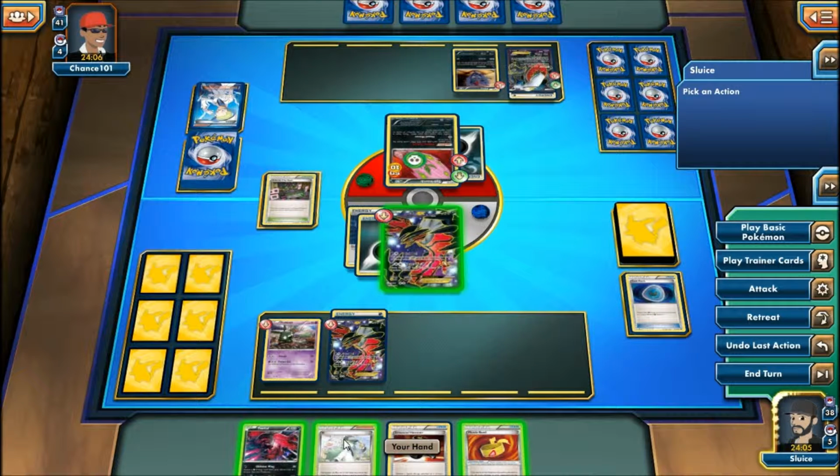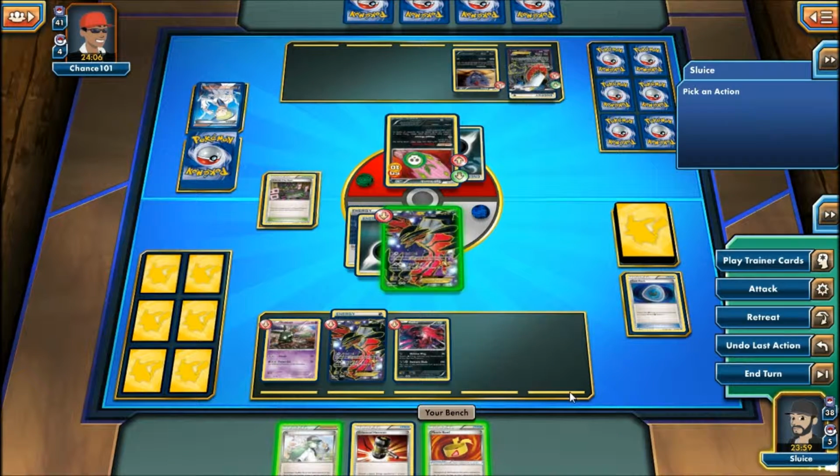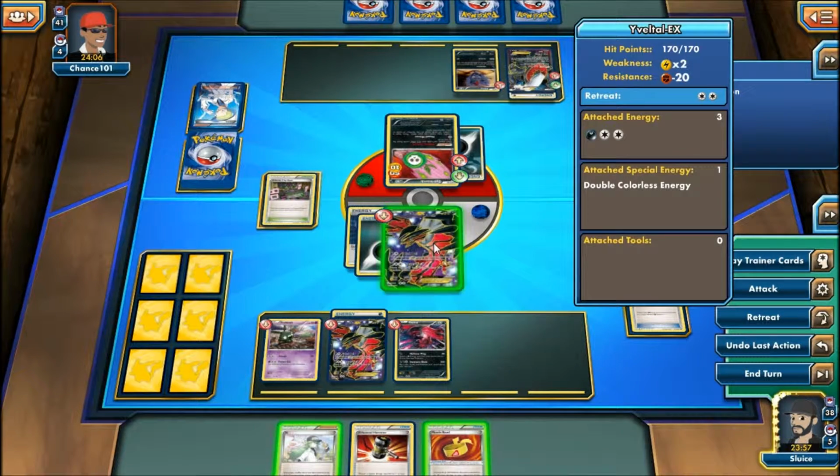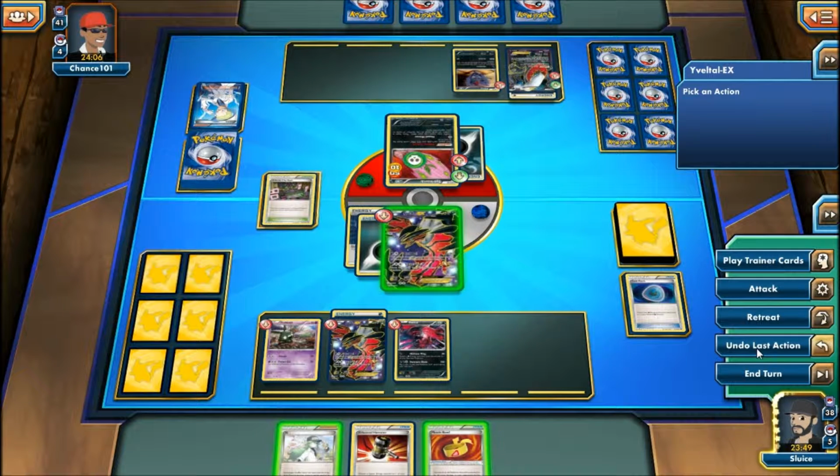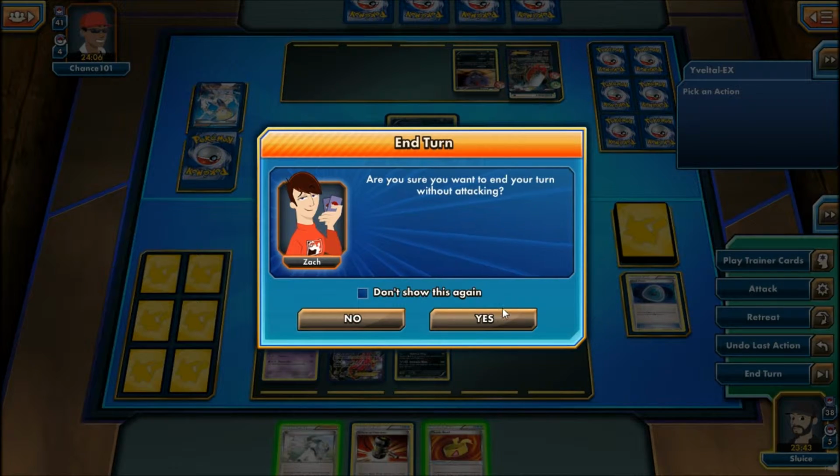I don't really want to end here because my opponent didn't do much that turn. Alright, so I could go for the Y Cyclone here, which is an option, knocking out that there, but I don't really think my opponent has a way to attack me next turn. So I might just end the turn there